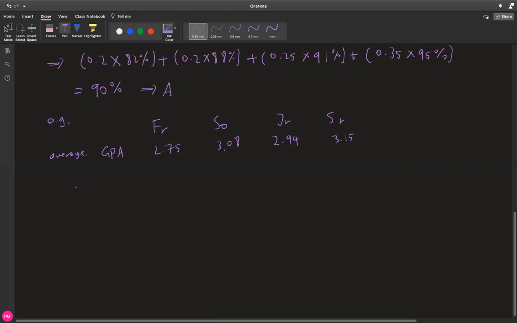Some of you may argue that you can simply add the 4 and divide it by 4, but that's a very one-dimensional thinking, because as we've seen from the previous example, the weights do matter. So what are the weights here? In this case, we're not given them yet, but the weights here are the number of students in each class.